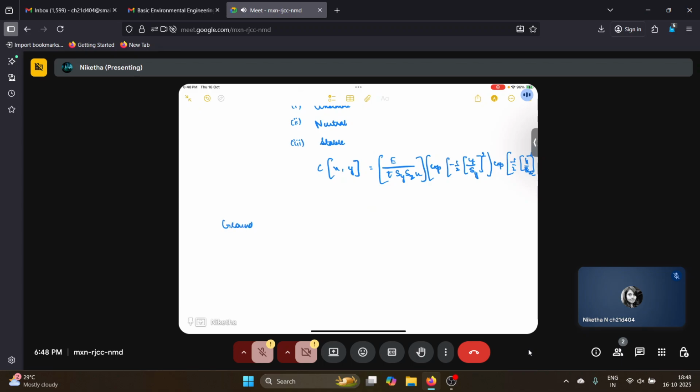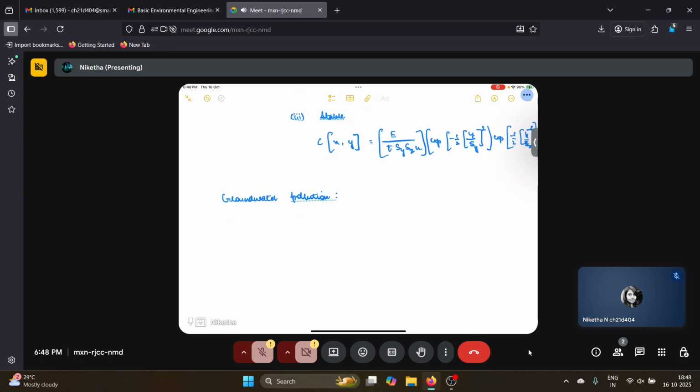Now let's talk about groundwater pollution. Before going into groundwater pollution, there is something called hydraulic conductivity. Hydraulic conductivity is the ability of a substance to transport water. That can be given using the equation Q equals KIA,